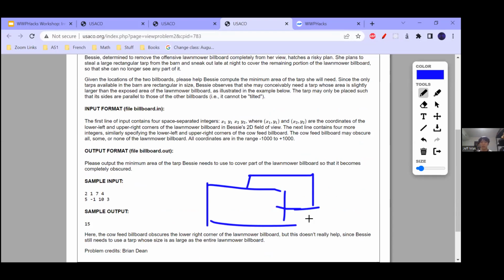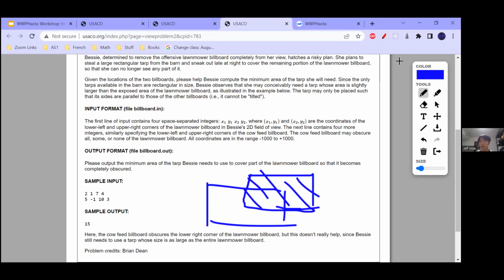Bessie just wants to use a tarp to cover the rest of the billboard that she doesn't like. So the problem wants you to output the minimum area of the tarp Bessie needs to cover the lawnmower billboard so that it becomes completely obscured.